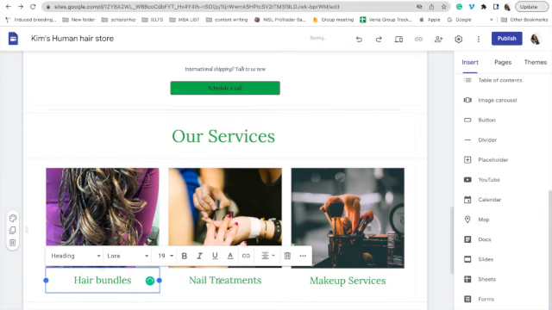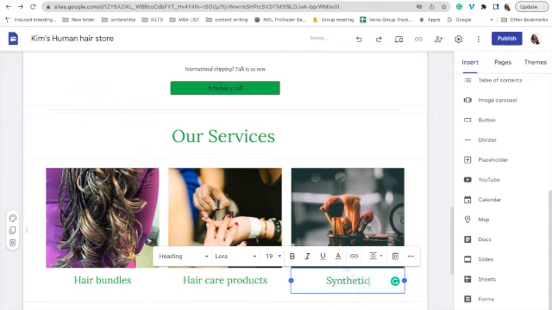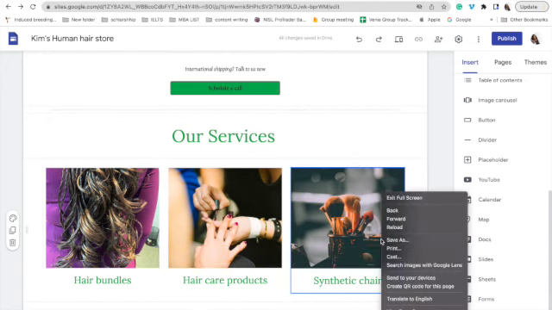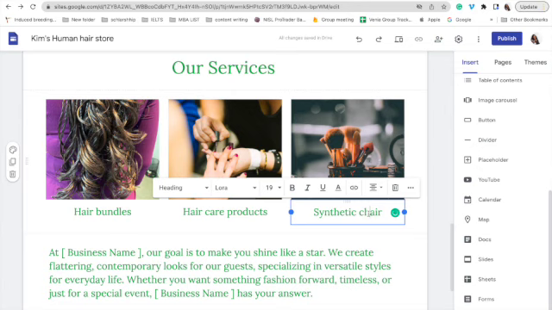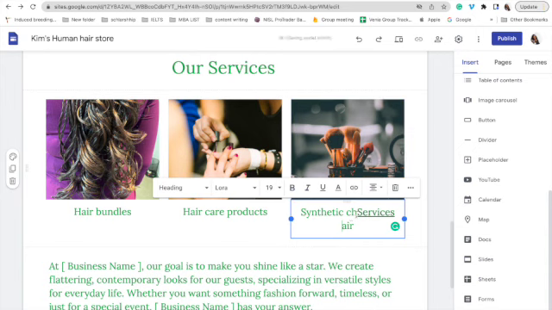Like I said, please get a copywriter to handle this. You can even have hair care products. You can have synthetic hair, right? So what you need to know is this. You can always link this, right? You can link it to a page called services. So when they click on this, it takes them to